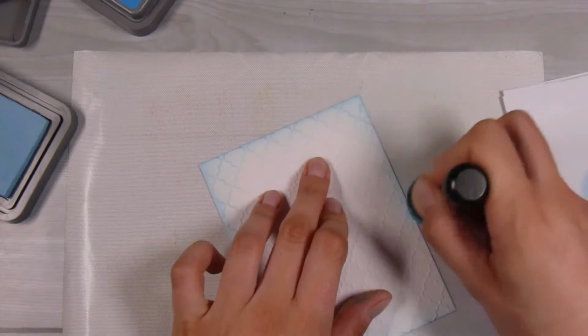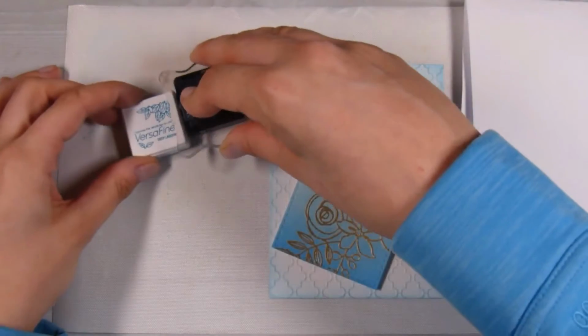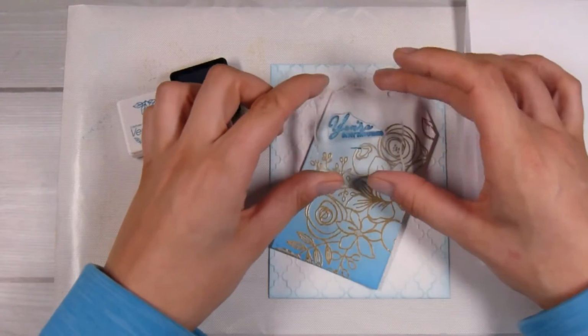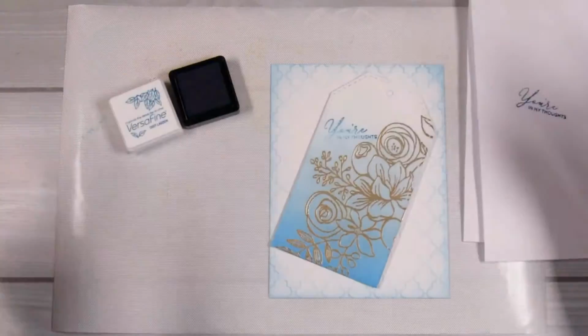Two reasons I like this. One, it kind of brings the card all together, and two, it really makes the embossing show up a lot more defined. Then I'm just going to stamp the sentiment which says "You're in my thoughts,"